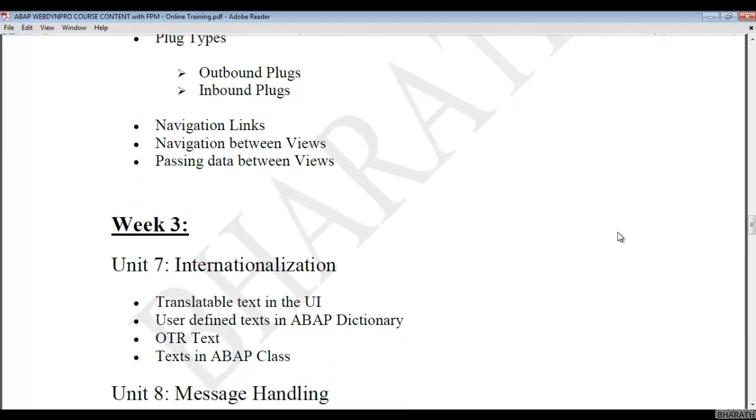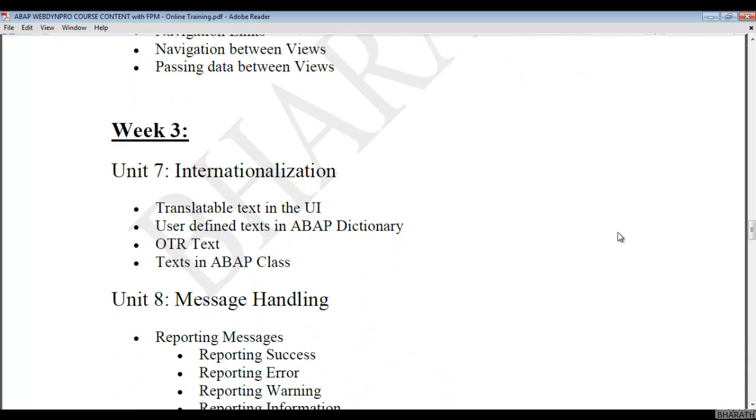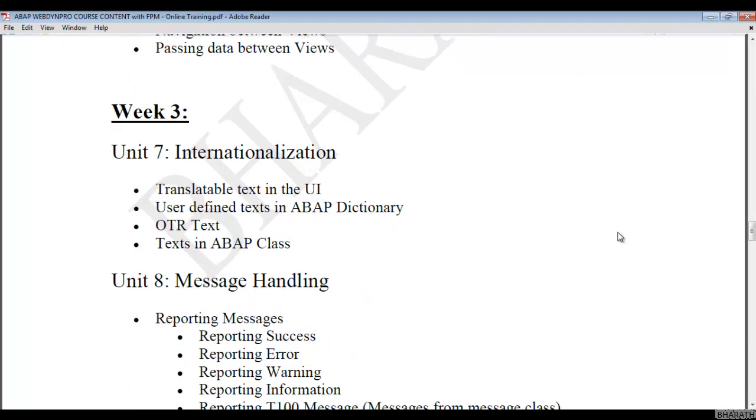And coming to week 3, internationalization. We have an internationalization concept in WebDynpro ABAP to support multiple languages. SAP is used across the globe, so we have different languages across the globe, like Japanese, German, US English.